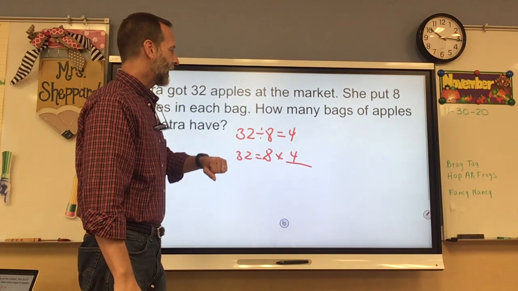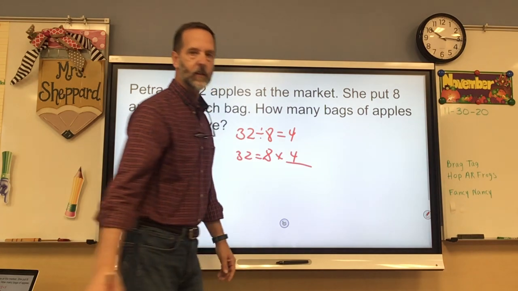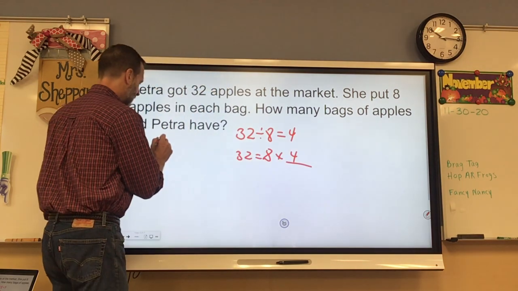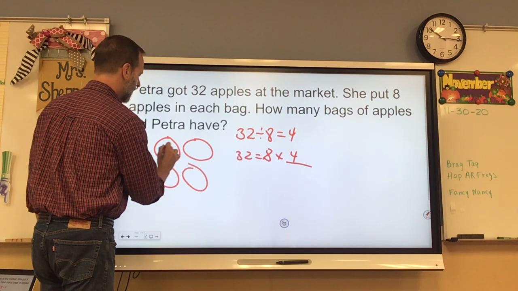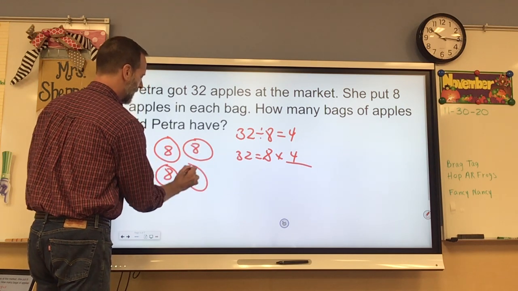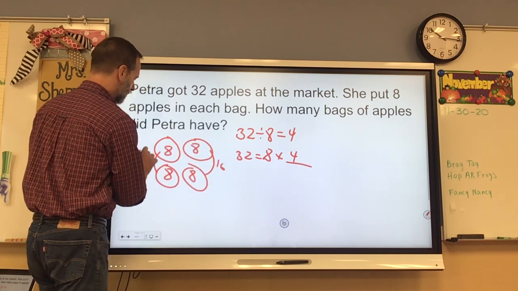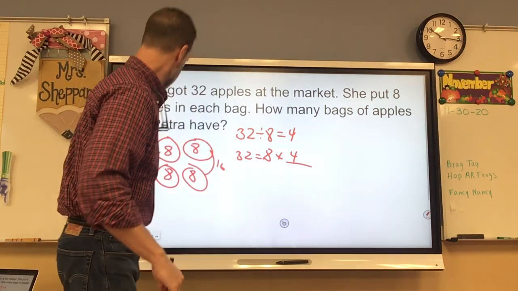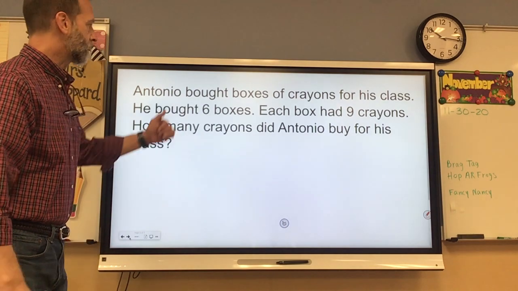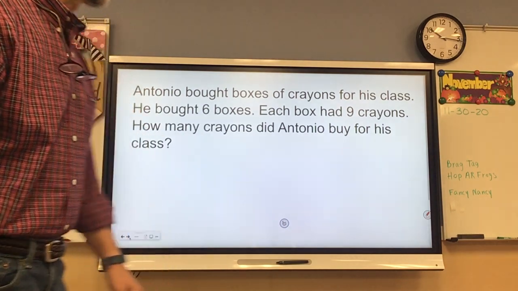So how many bags would she have? She would have 4 bags of 8. Okay, if I wanted to look at that and see it, I could make my 4 bags. 8, 8, 8, and 8. 16. 16. If I add 16 and 16, I do get 32. Okay? All right, next,